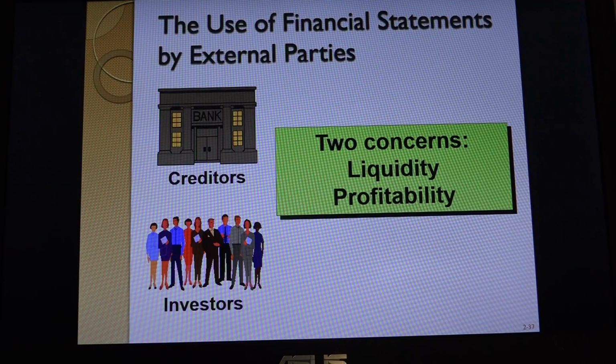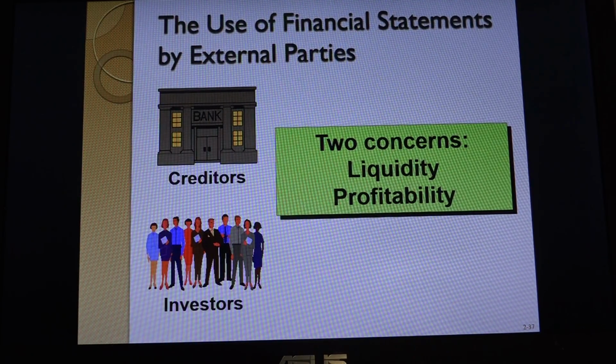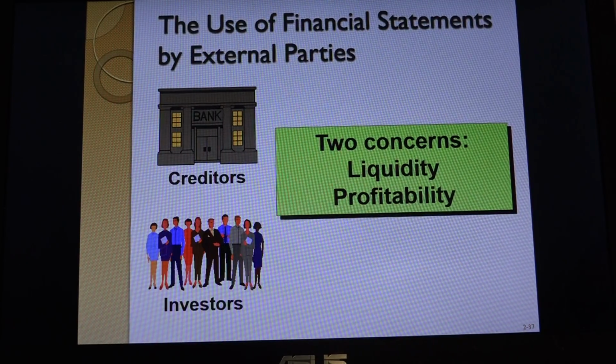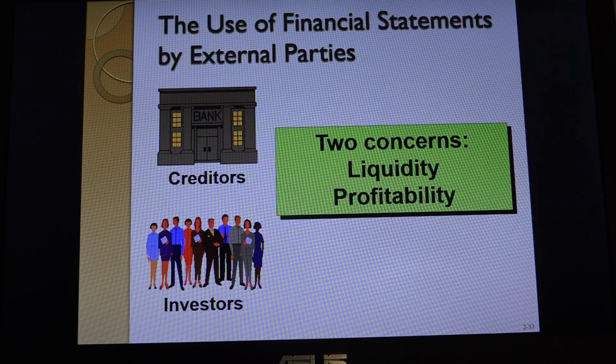Well, what does that mean? Well, liquidity relates to the total number of assets you have and the type of assets you have in comparison with your liabilities. Now, if you have less assets, or let's say the amount of assets you have is equal to the amount of liabilities, so it's a 1-to-1,